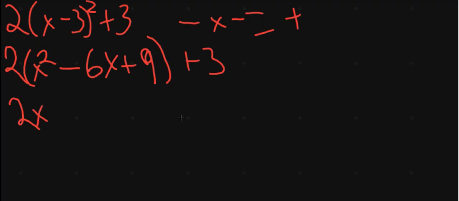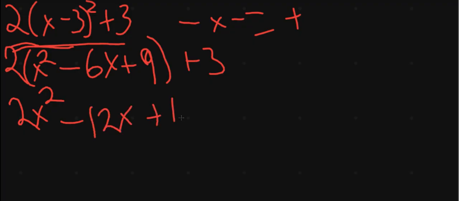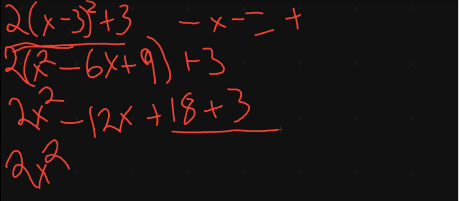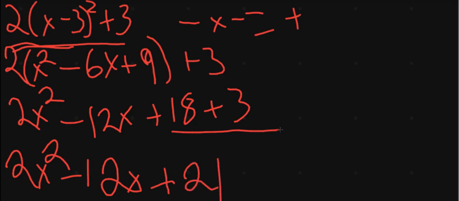Now, let's remove the parentheses here. So 2, distribute as well. I forgot to say that, my fault. Minus 12x plus 18 plus 3. Combine like terms, and our final answer will be 2x squared minus 12x plus 21. Now, if you're having trouble understanding what is going on in here,